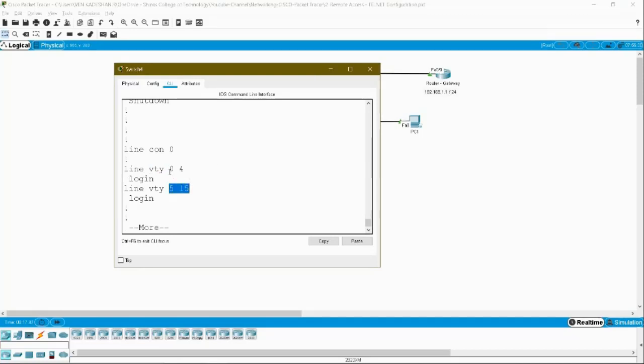As I told you, you could give the 0 to 15 range. Here they have given it in two separate statements, one for the 0 to 4 range and another for the 5 to 15 range.